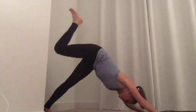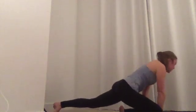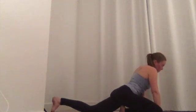And draw that right knee behind the right wrist for your pigeon pose on this side. Remember to draw that left leg back, open up that knee to the side rather than pulling the shin forward. You can stay here feeling the support of your palms, feeling your heart shine forward, propping anything underneath your glute if you need. And if you're feeling a little bit more